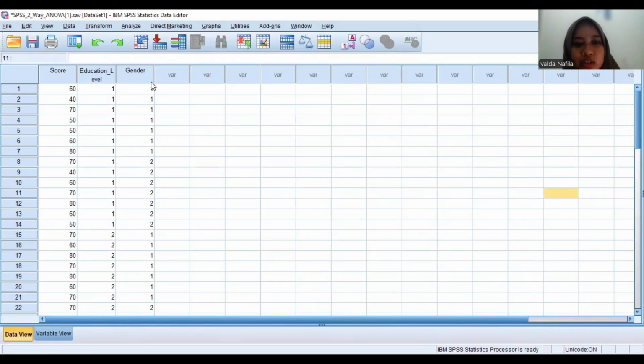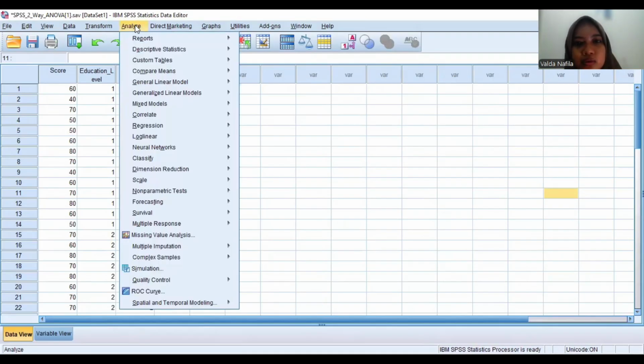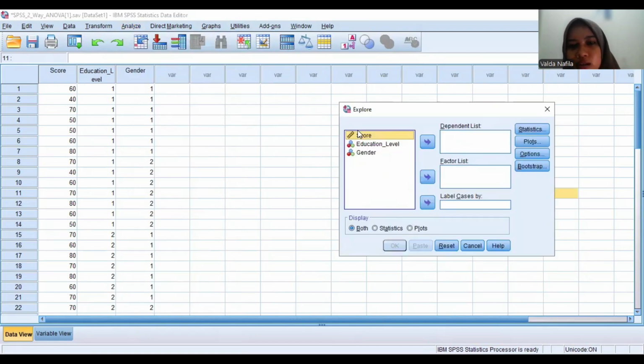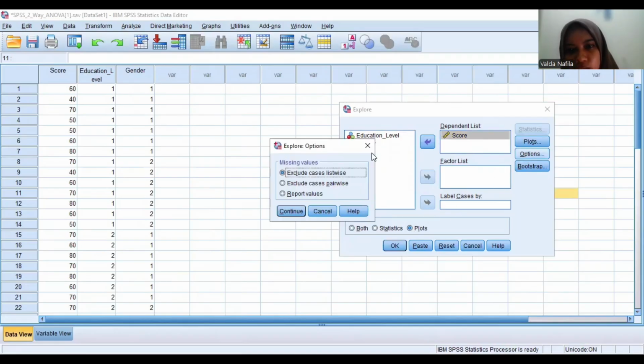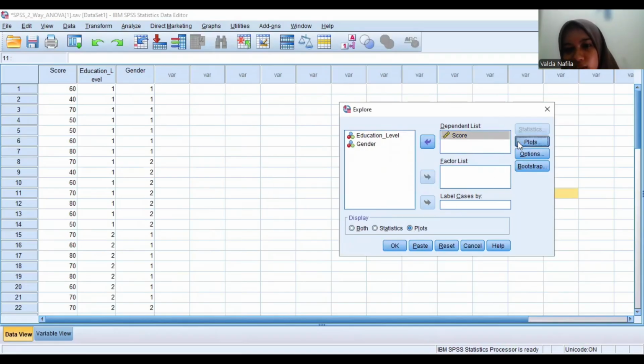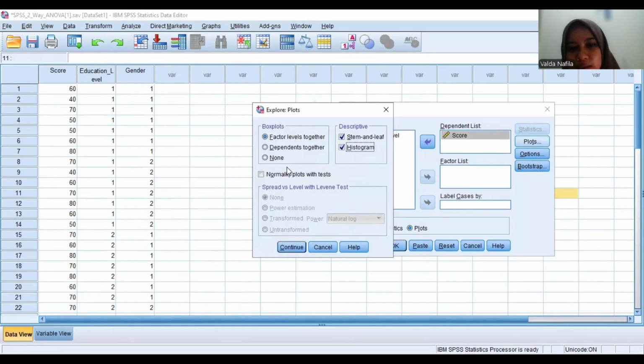So first we check the normality. We choose Analyze, then Descriptive Statistics, then Explore, and the score data we input to the dependent list. Then in the Display menu, we choose Plots, and in Plots we check the histogram and normality plots with tests, and continue.